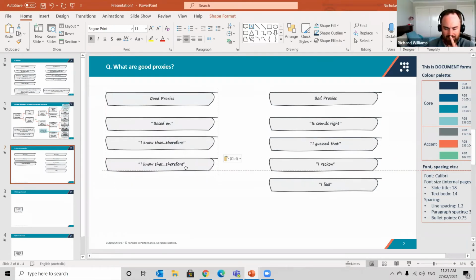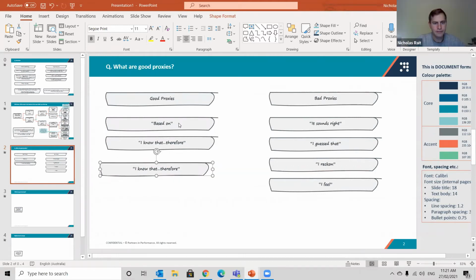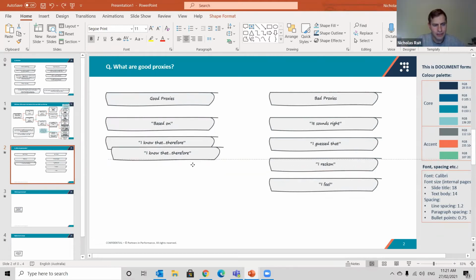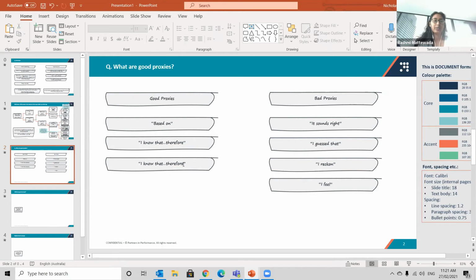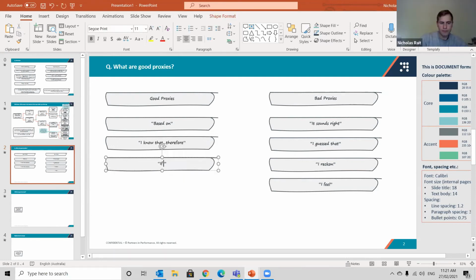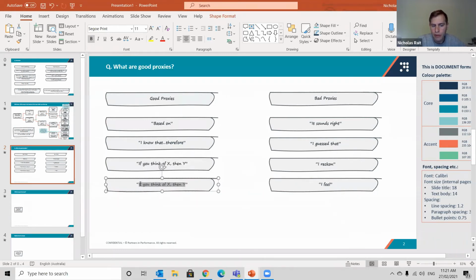Is there anything else? Gosh dang. I should really just use the quick alignment tools rather than drag things. This is very non-consultant of me, but I'm using my mouse trackpad, so please forgive me. Start with, "If you think of X, then Y." Yep. So, following the logic that,